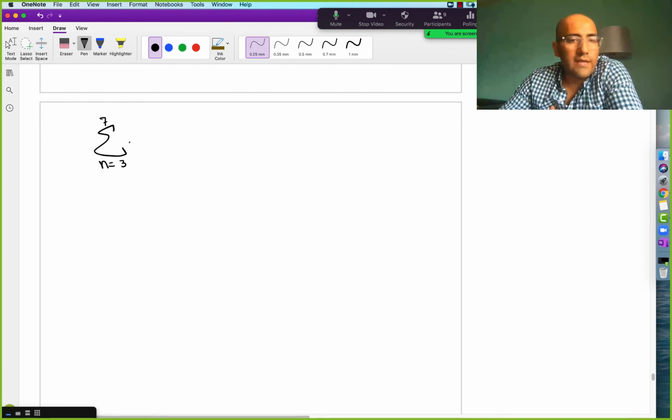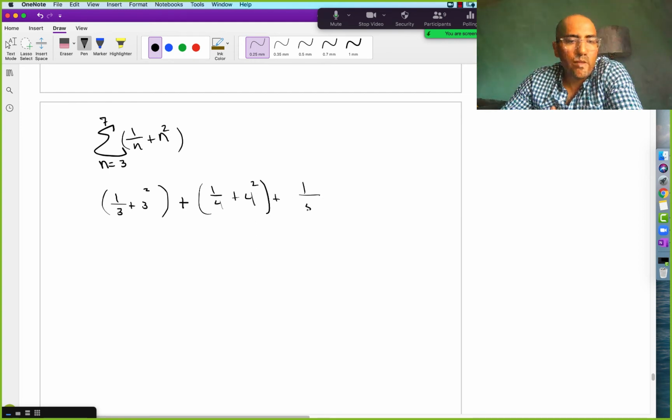So for example, it could be 1 over n plus n squared. So this is letting me know that I want to do 1/3 plus 3 squared. That's when n equals 3, plus 1 over 4 plus 4 squared, plus 1 over 5 plus 5 squared,